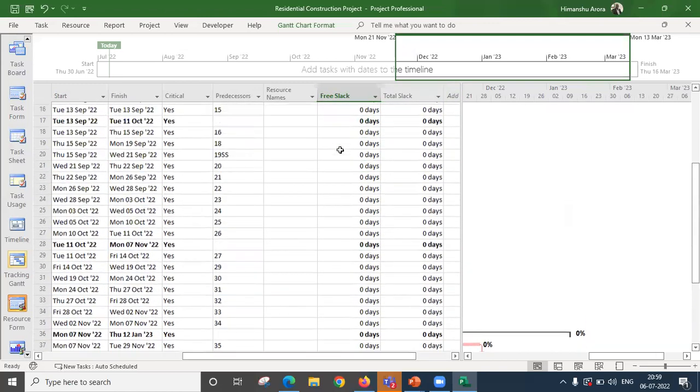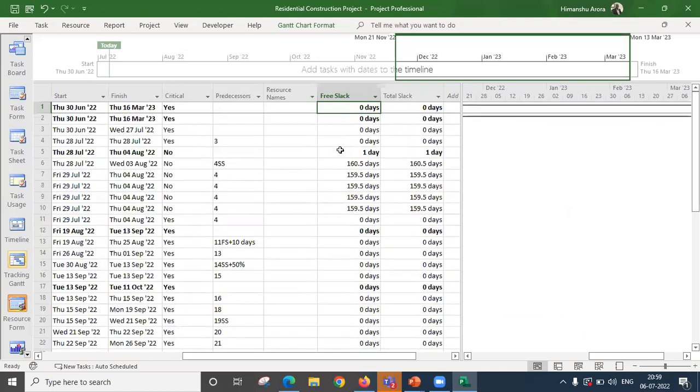So free slack is the time that we can have in our project. This is the buffer time that we have, and we can delay this activity with this many days without impacting the successor activity. And the total slack is the buffer time that we have without impacting the project finish date. So what it means is that this activity we can delay 160 days and still be able to deliver the